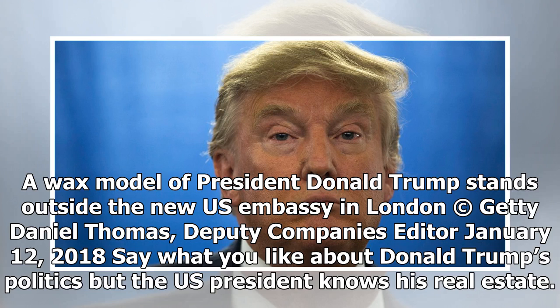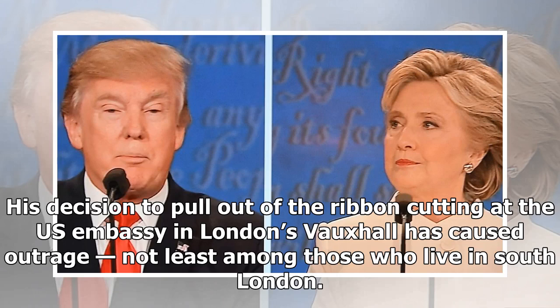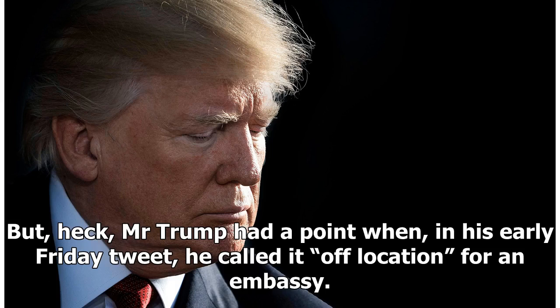Say what you like about Donald Trump's politics, but the U.S. President knows his real estate. His decision to pull out of the ribbon-cutting at the U.S. Embassy in London's Vauxhall has caused outrage, not least among those who live in South London. But heck, Mr. Trump had a point when, in his early Friday tweet, he called it an off location for an